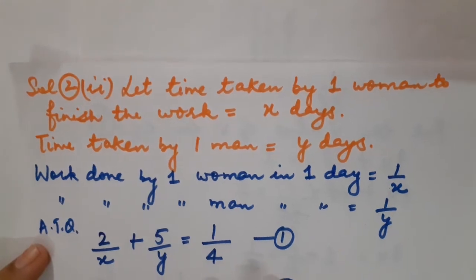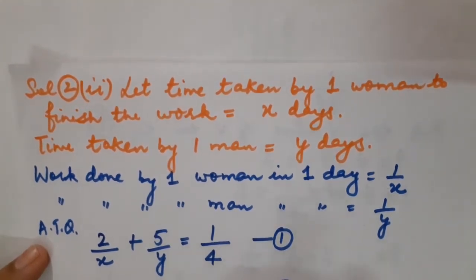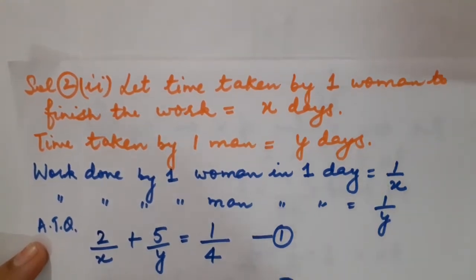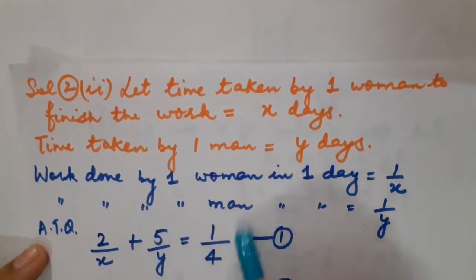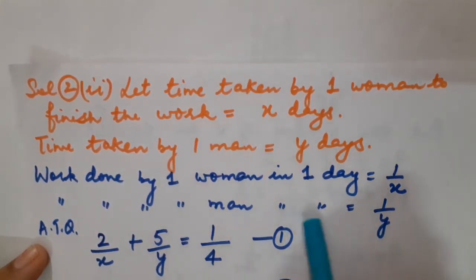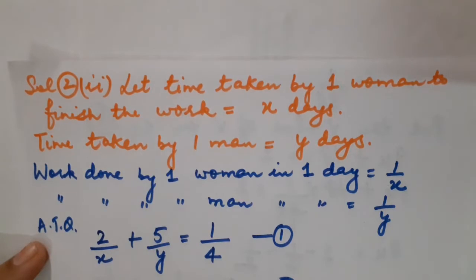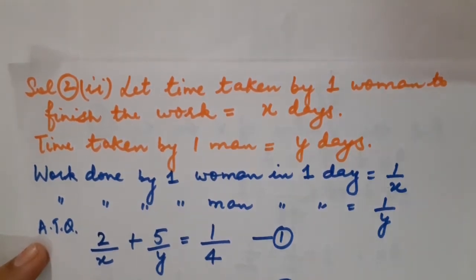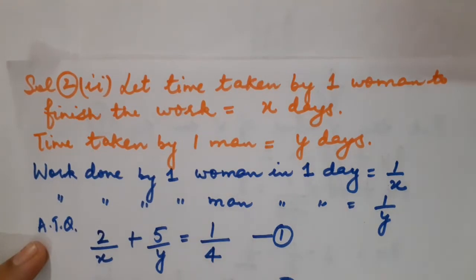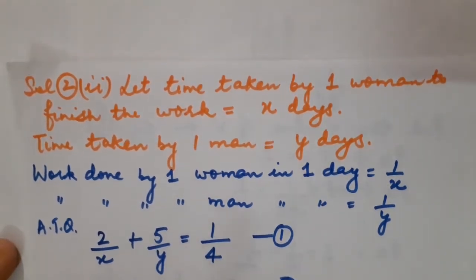Before I start explaining the solution of this question, children, you must keep one thing in your mind: the time taken by a person is always the reciprocal of the work done by that person, and vice versa also. Clear? For example, if I am going to take 2 days to finish a work, definitely half the work will be done by me in 1 day. As I had 2 days, I have taken the reciprocal of that 2 days, so that has become half. So if I finish a work in 2 days, definitely the work done by me in 1 day will be half.